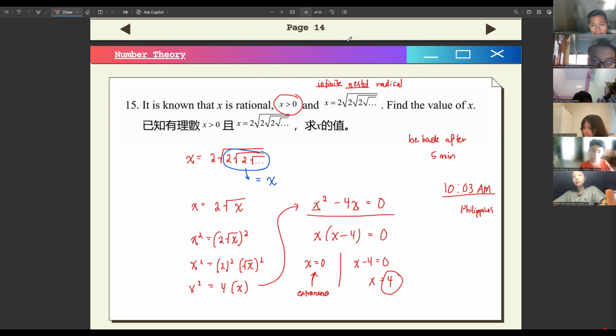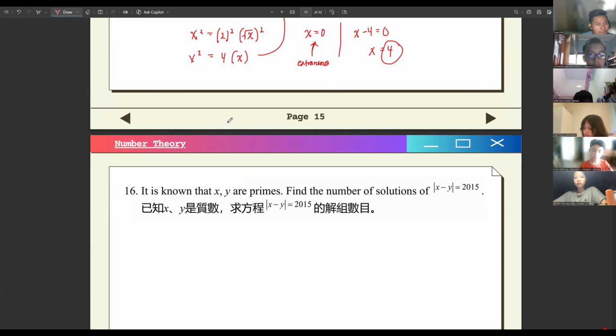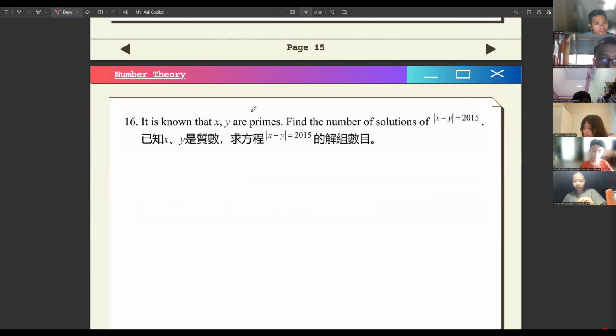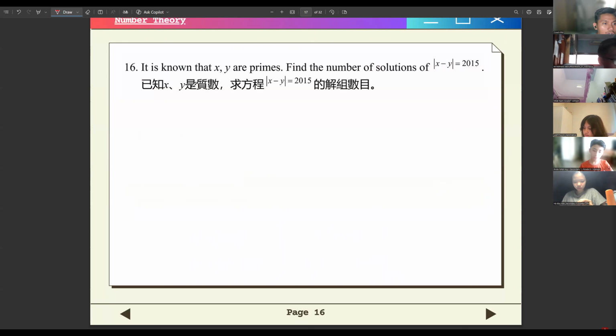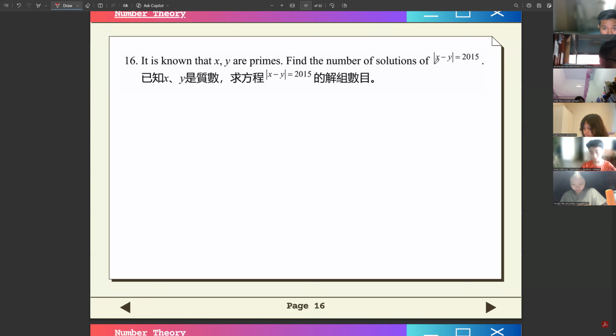Okay, let's continue. Number 16. It is known that x and y are primes. Find the number of solutions of this: the absolute value of x minus y is equal to 2015. Now, our first step here is that we have to take note that